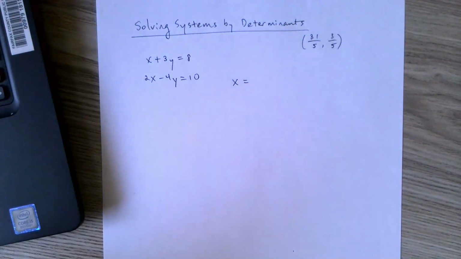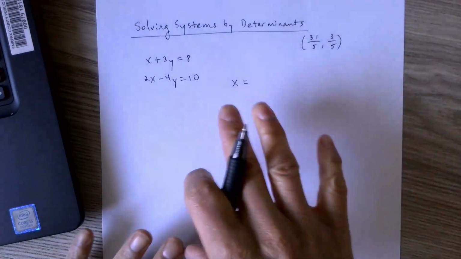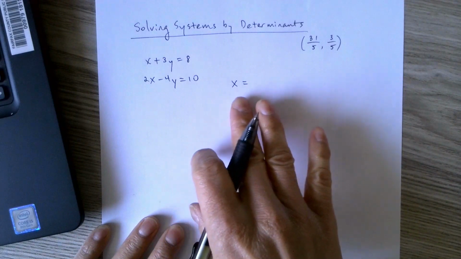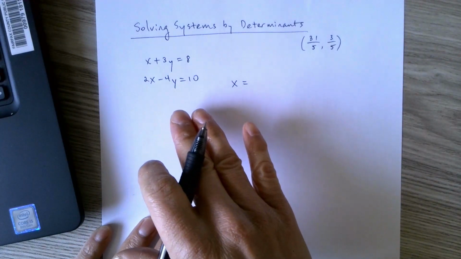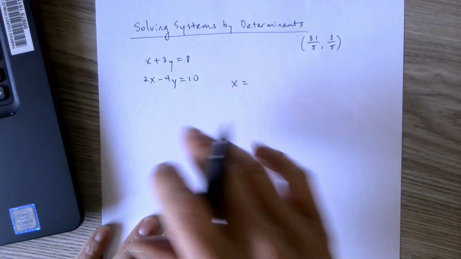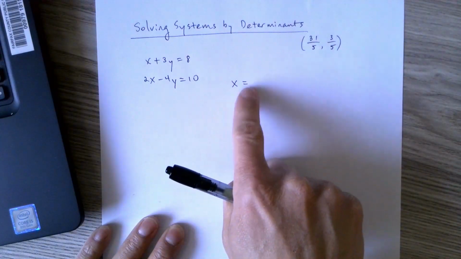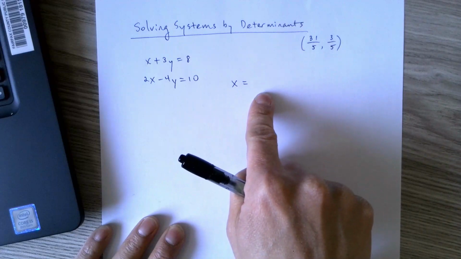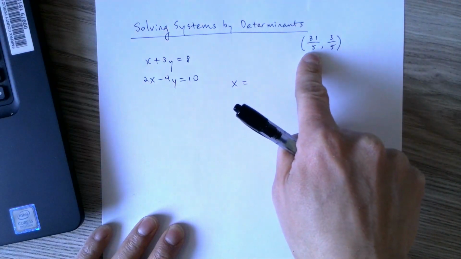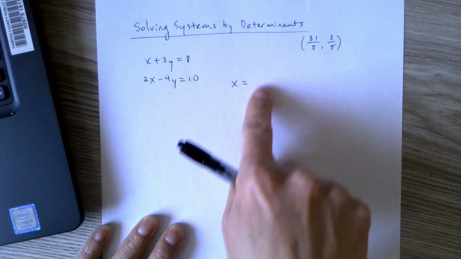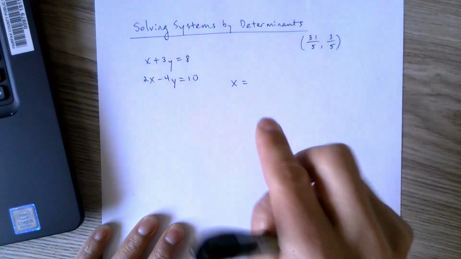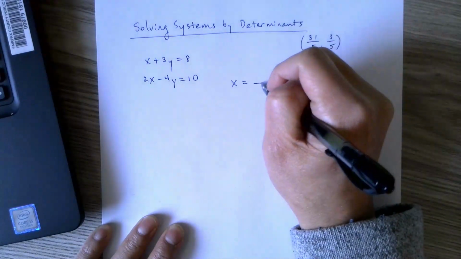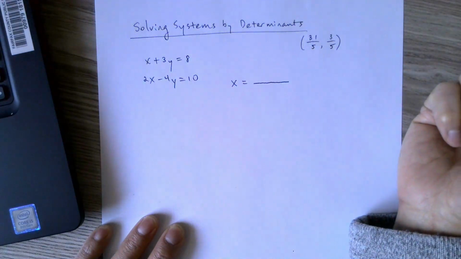Okay, so I'm going to solve for x first. What's interesting about this method is that unlike substitution or linear combination, I can start off by saying what x equals. I won't have 31 over 5 immediately, but I'm going to have some expression here that I already know will equal 31 over 5. So I'm going to draw a fraction bar,